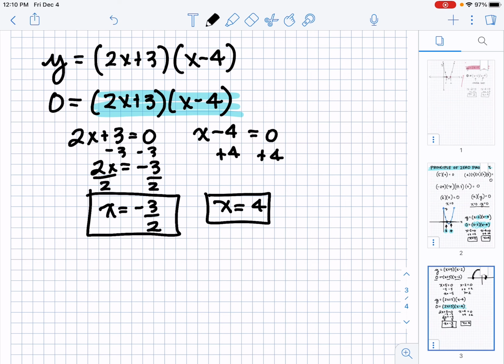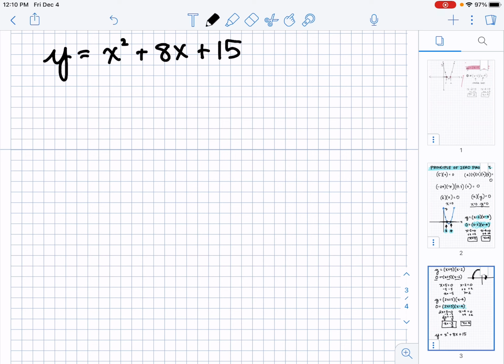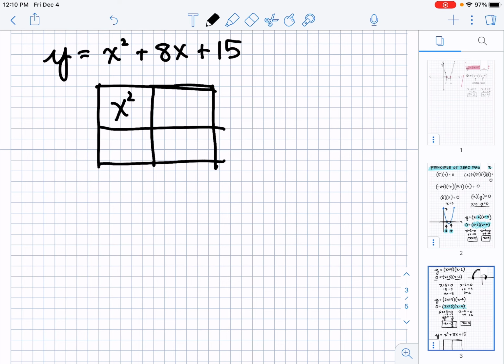Let's do another example. Let's say our equation is this: y equals x squared plus 8x plus 15. Now, we don't have it factored, so we must first factor it, but no problem. You guys know how to do this. Remember, we set up our box. We have x squared here, we have 15 here. We're trying to figure out what numbers we are going to go in this box here and this box here. And so we can set up that